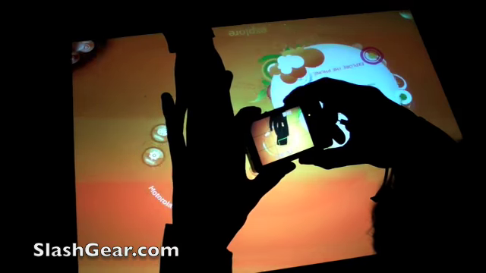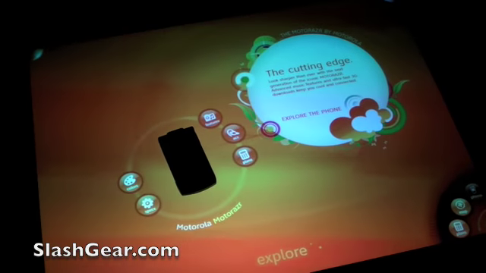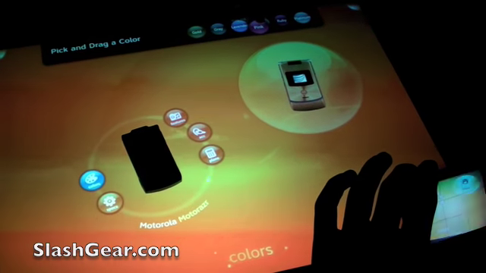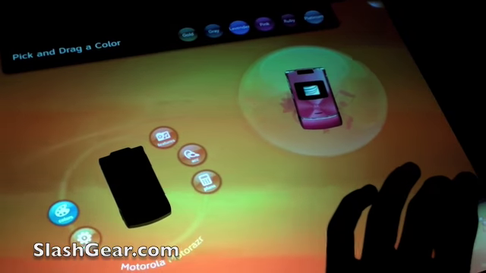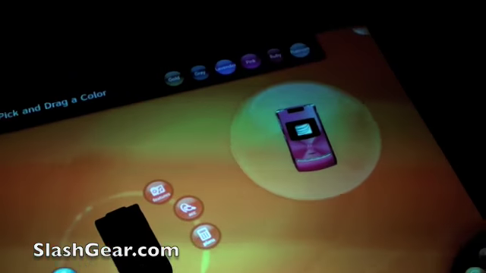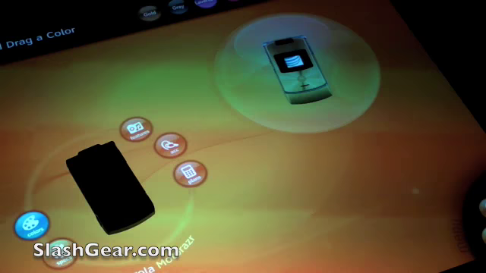So again, one of the concepts we have is this idea that there's no top or bottom. You should be able to walk into this thing and it orients itself to where you are. So 360-degree UI. So again, you can put this down, we can look at different things, we can see different colors. And again, now you've got this little virtual, guys were just giving me a hard time, but I like pink. So you can see, one of the cool things is virtual inventory. Especially in mall kiosks and stuff, they can't hold all the different products and accessories. But here, you can get a pretty good sense for what these products look like, and then you can order it. So again, that's one idea.